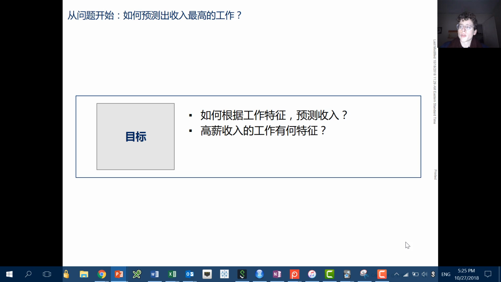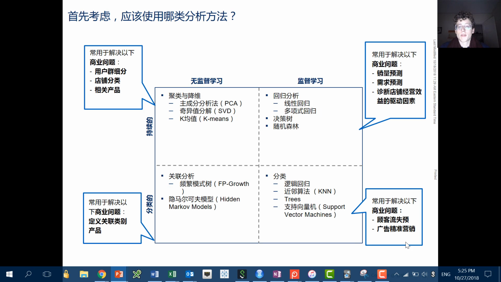So let's go through a really famous and useful framework for thinking about the types of analytical techniques that are used. Working at McKinsey, we always love 2x2s, and I think this one's actually quite useful. There are really two main dimensions that algorithms go on. In our live session, we talked about a third dimension, which is the amount of data needed. But let's focus on these two for now.